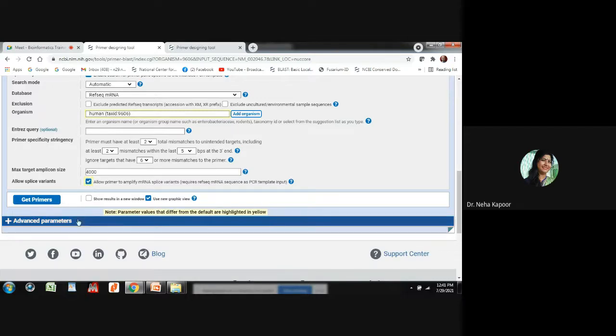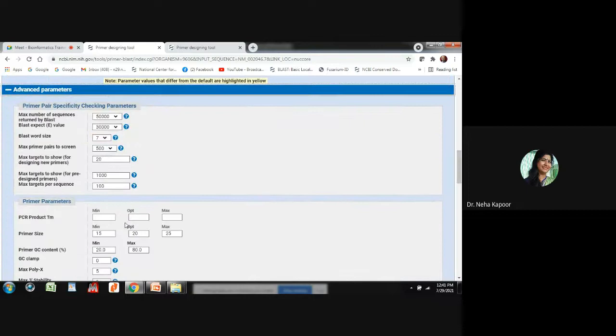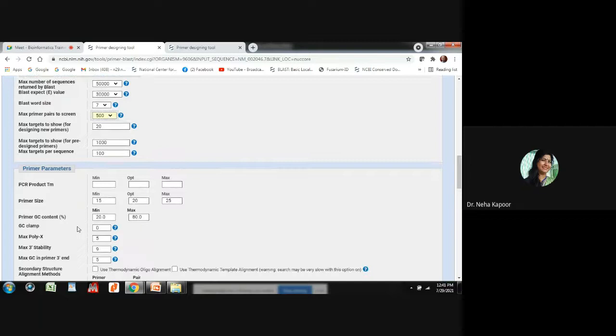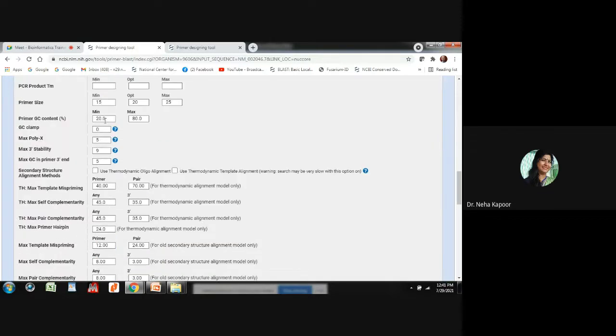Then these are the advanced parameters: how many sequences will be returned by BLAST, what would be the BLAST word size, maximum primer pairs to screen 500, targets to show. Then primer parameters: PCR product Tm, primer size, GC clamp, what should be the GC content. As I have mentioned, 20, I am keeping it as 40.